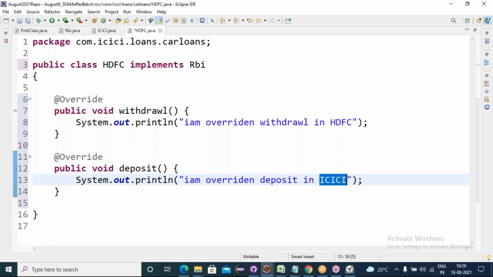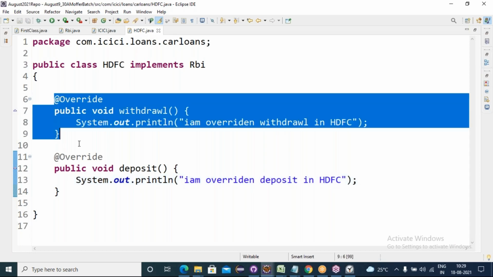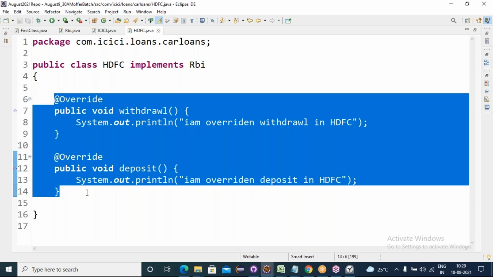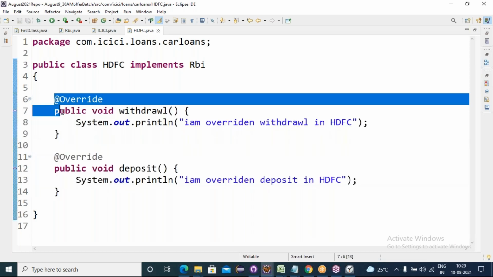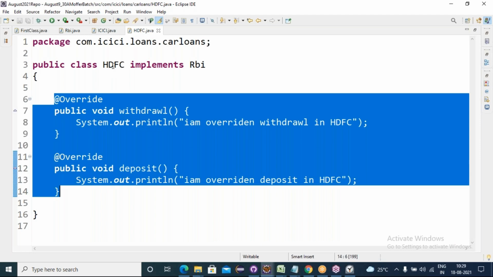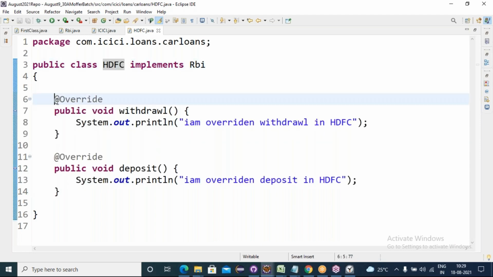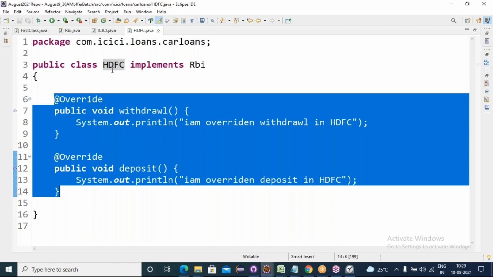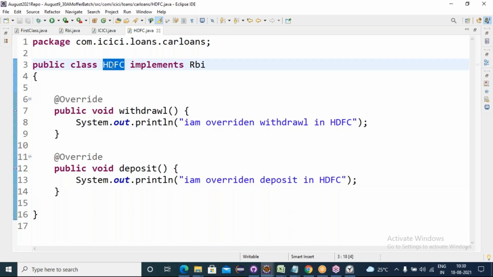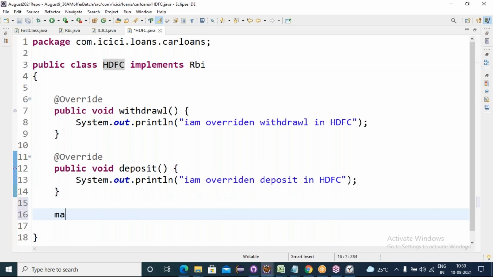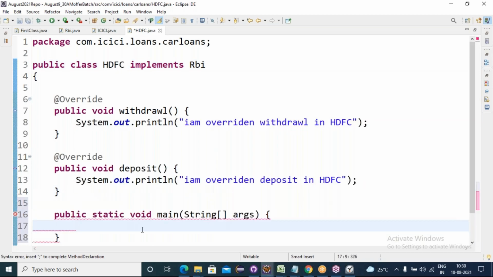Now, who can access this behavior, friends? The implementation given in the HDFC class can be accessed by HDFC class object creation only. Where do we create the HDFC class object? In the main method.